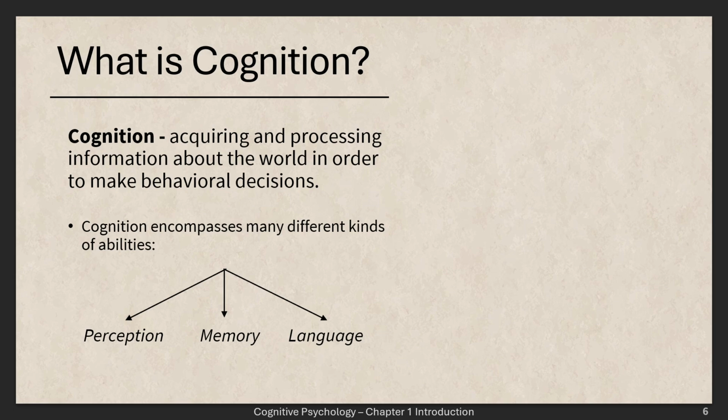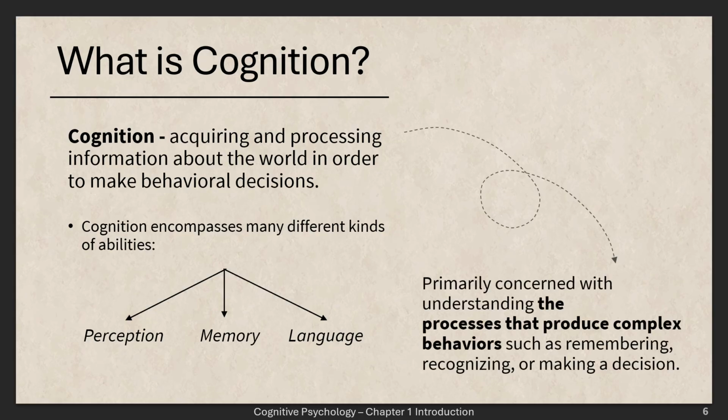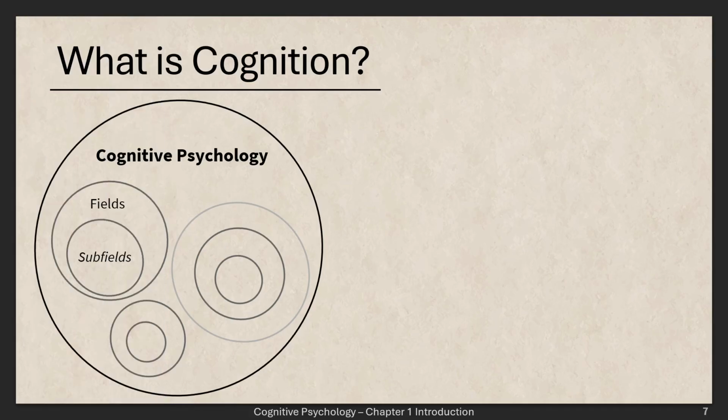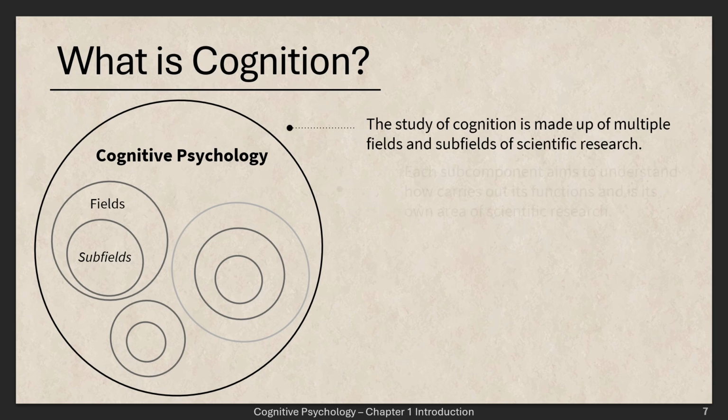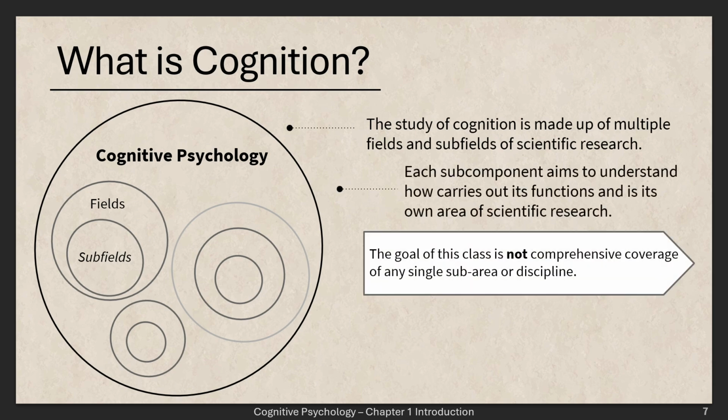Finally, we use that processed information to make behavioral decisions, which includes higher level processes like reasoning, problem solving, and decision making. Cognition encompasses a vast array of mental abilities, including perception, attention, memory, language, and executive functioning. Cognitive psychology is an expansive field made up of many specialized subdivisions, such as human factors, human-computer interaction, cybersecurity, or